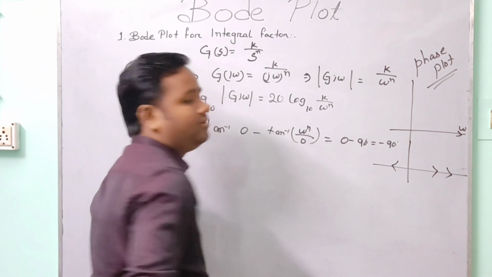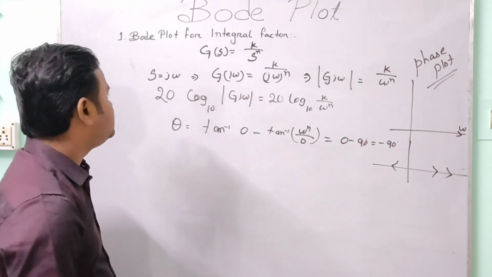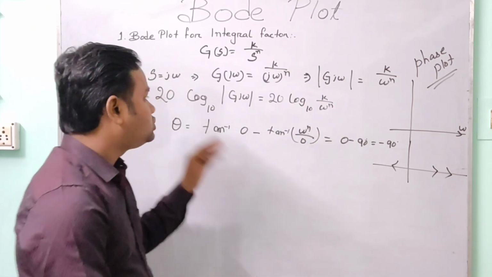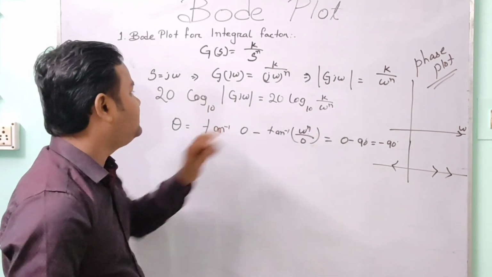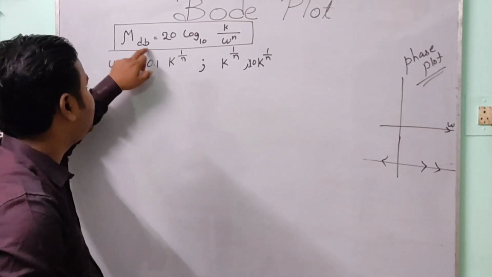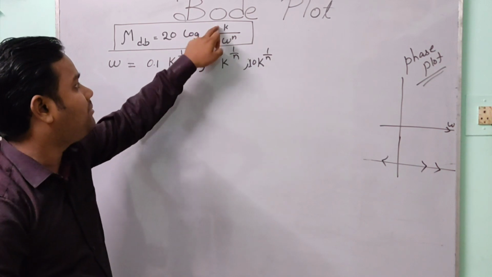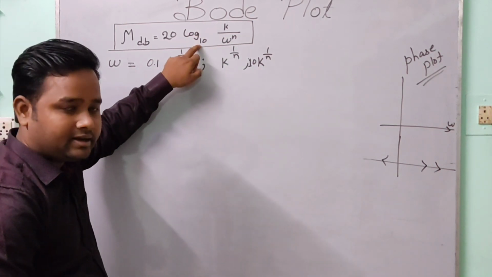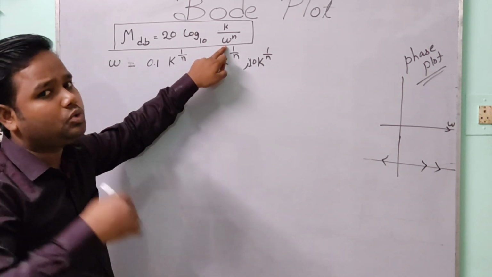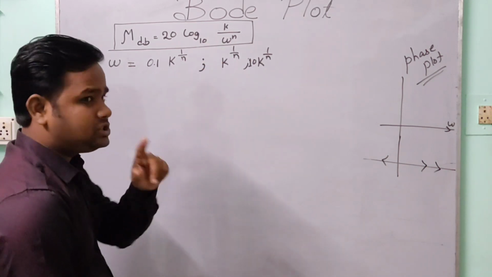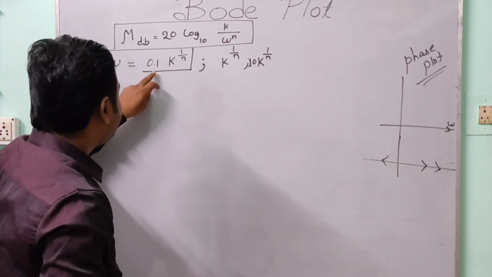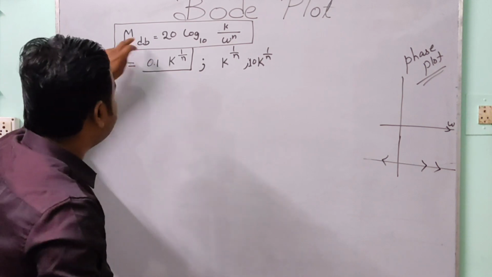Now we have to draw the magnitude plot. For the magnitude plot, the magnitude is equal to 20 log K divided by ω^n. So by changing the value of ω, we can change the value of M. The magnitude in decibels, M dB, is equal to 20 log base 10 of K by ω^n. Here we have to change the value of ω from a minimum value towards a maximum value. Suppose the first value we take is 0.1 into K to the power 1 by n. If I put ω equal to this value, then M in dB